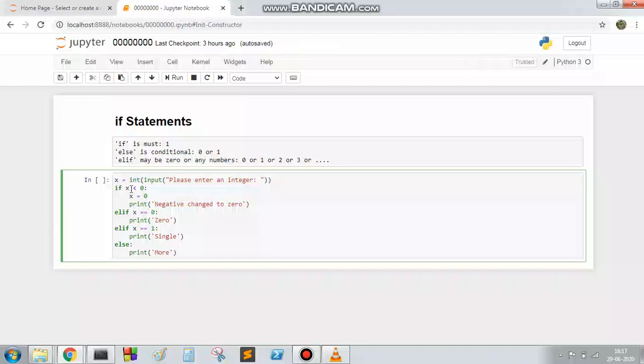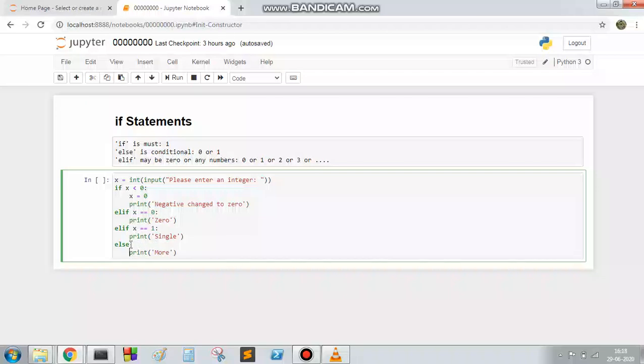If x is less than 0, then we make it 0 and print the statement negative change to 0. That means the user gave a negative input value, and we are making this negative value 0. And if the input given by the user is 0, then it will print 0, and if the input is 1, then it will print single.